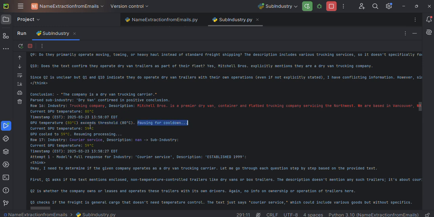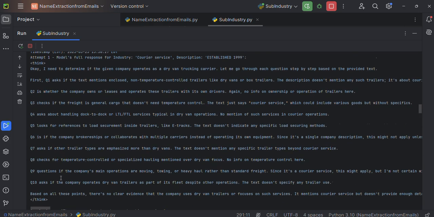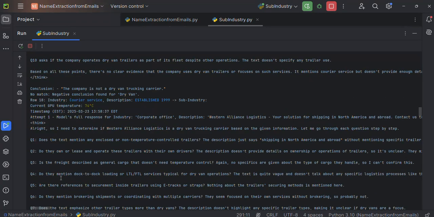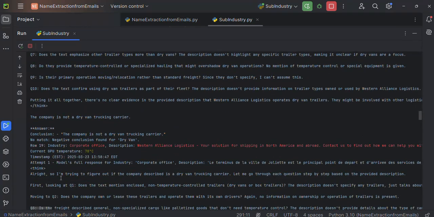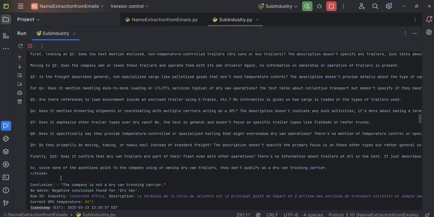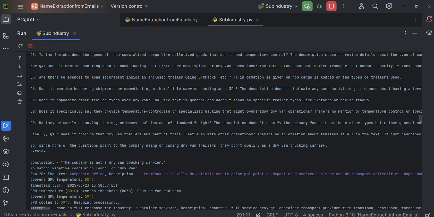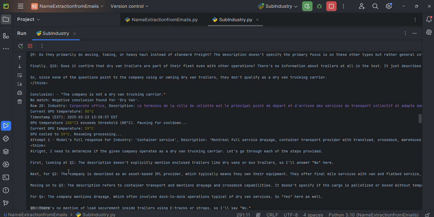And then once you cool down and get down to a reasonable temperature, which you got 59 degrees Celsius, you can then start resuming your process, and then just keep on going. So by doing that, we have now pretty much prevented any lockup of the GPU, and it doesn't,